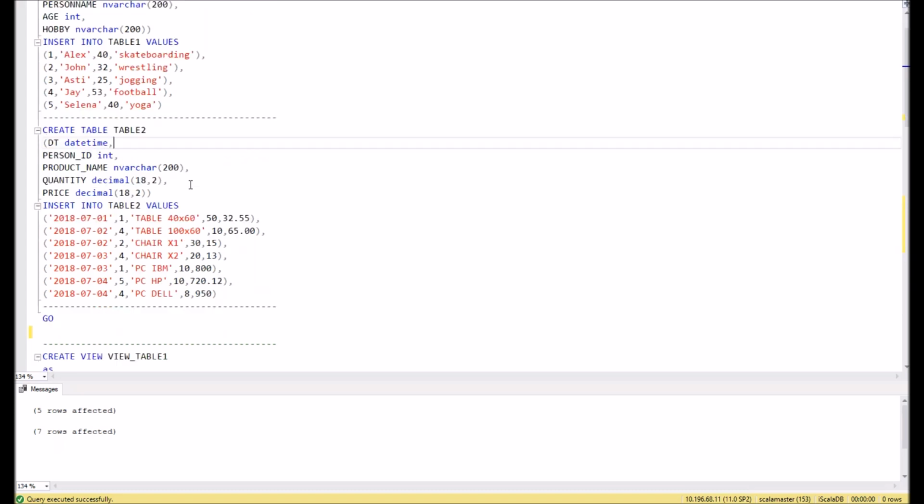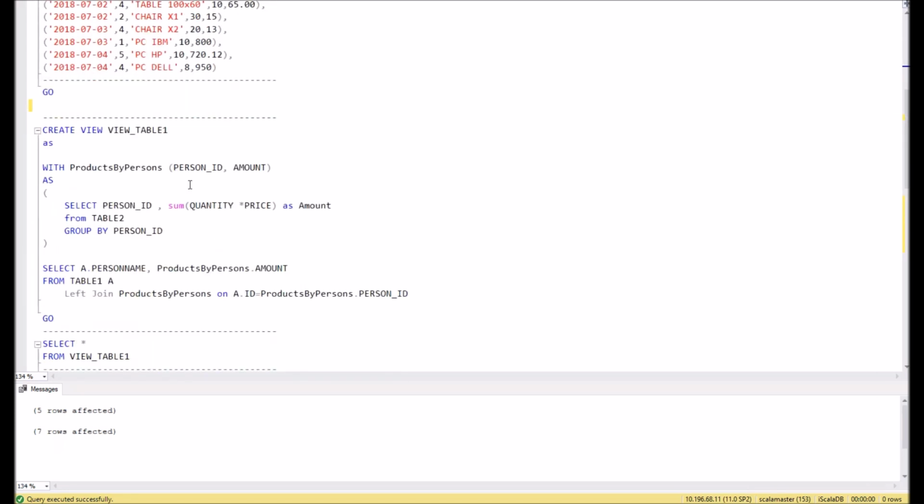Okay, then let's look at what is possible to do. With the WITH command it is possible to specify a temporary query which later can be used as a table in the main query, like here. Take a look. Here with the WITH command we define a temporary query, product by person, which will give us person